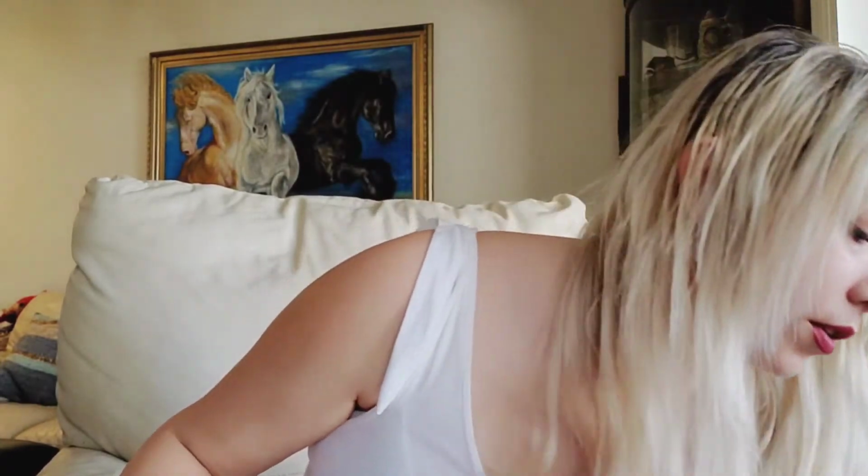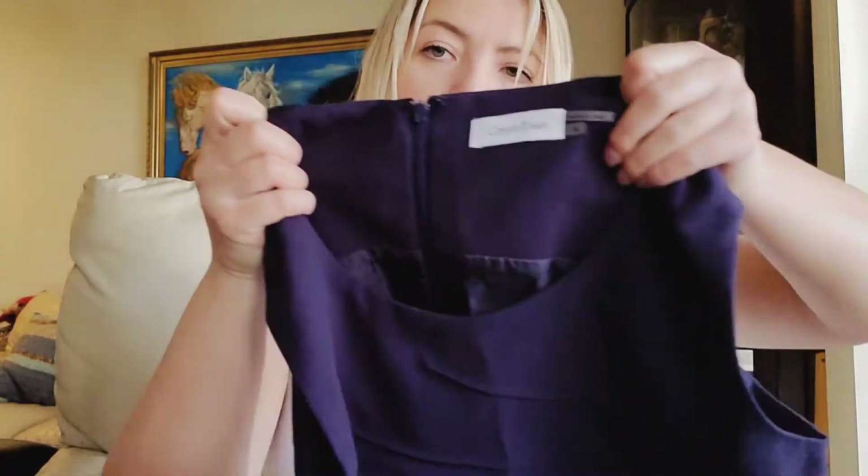This was my own top, but this is, I believe, sold at Anthropologie or Revolve, I don't know, one of them. Next item, I purchased this for sale. It's a Calvin Klein smart dress, navy blue, with a little ruche detail to the knee. Looks brand new, but